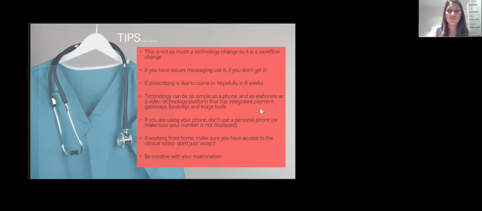And if you're using your phone, don't use your personal phone. I made a big mistake of doing a Skype consult once, and some patient of mine who has my personal ID now tells me every time something new happens in his life, and I really don't need to know. But it's very important to not give out personal details. So set up a whole new Skype ID or a new WhatsApp number if you're going to use those platforms.